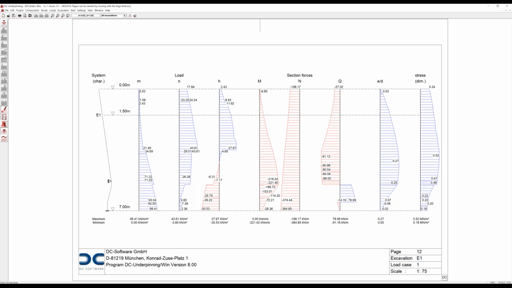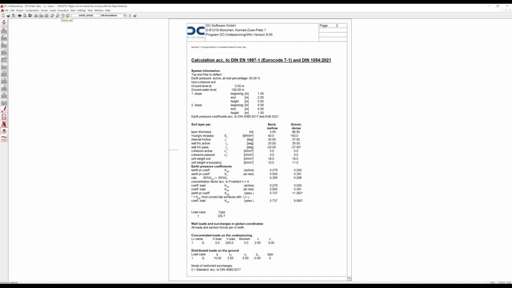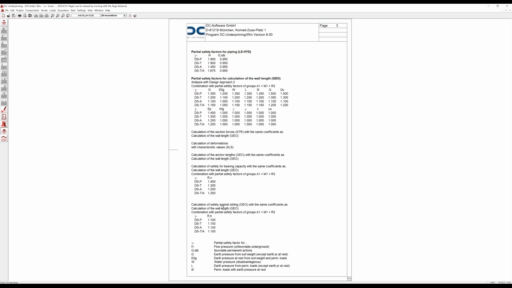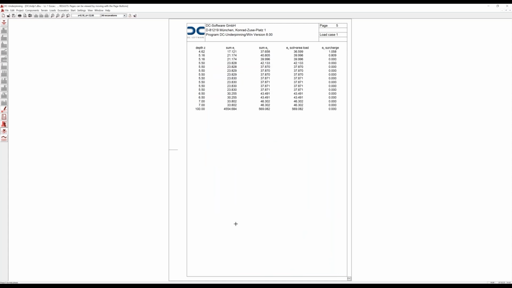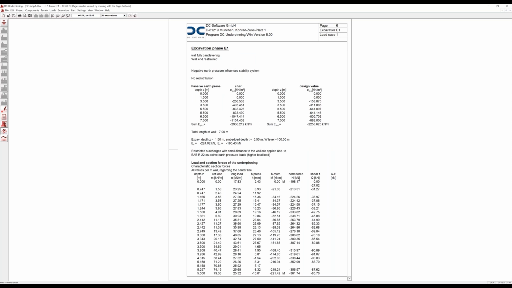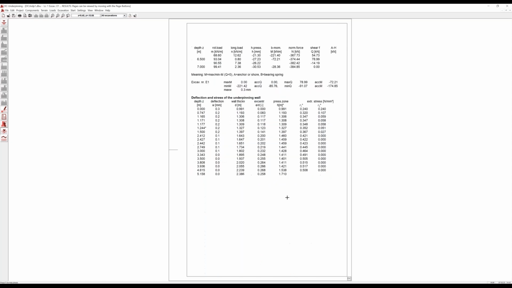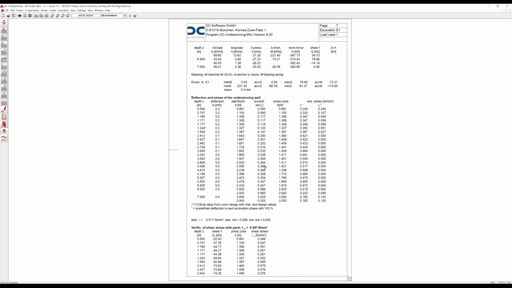Like in DC-Nail, we have a detailed output here for all our calculation. We have the soil parameters, we have the loads, safety factors, the geometry of the wall, and earth pressure on the wall. And then we calculated different excavation stages with the passive earth pressure action on the excavated side. We have the loads and the section forces here in the wall, the deformation, the stress in the non-reinforced concrete, and the shear stress